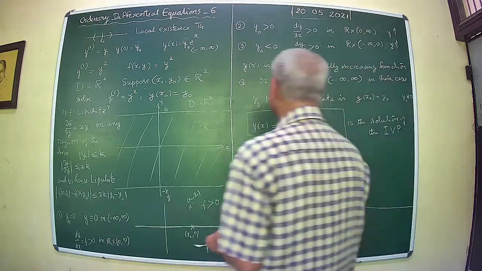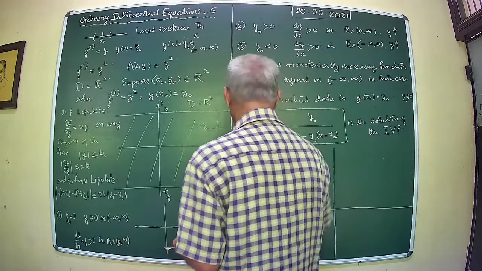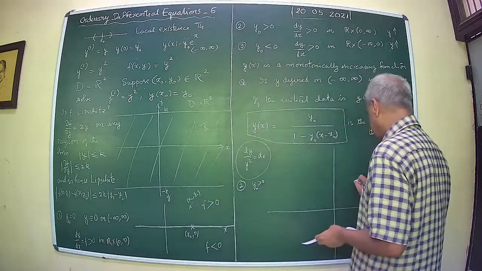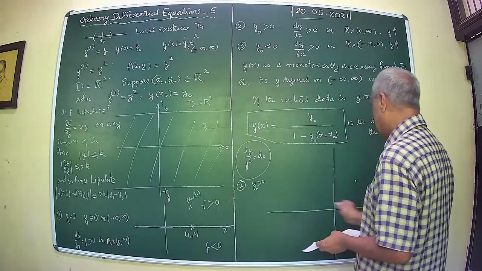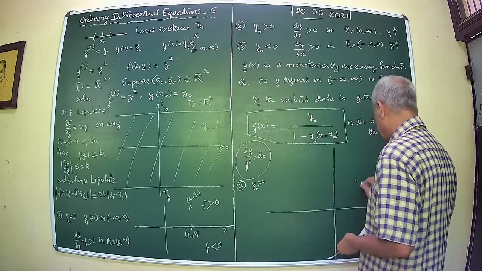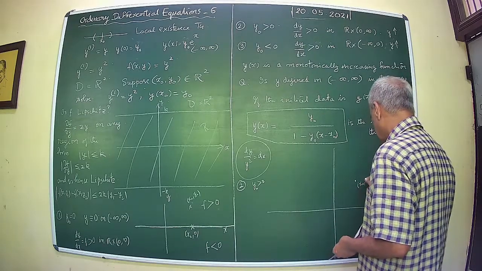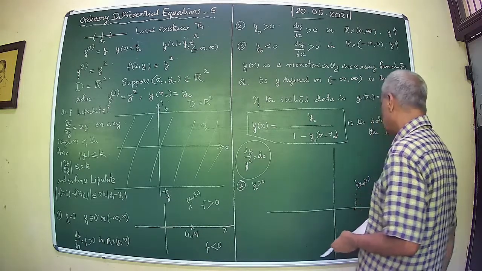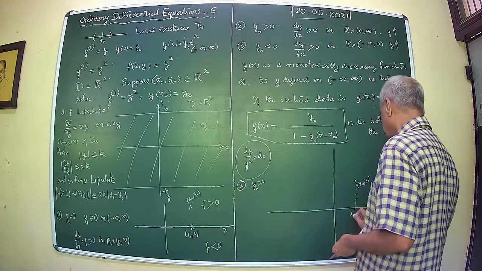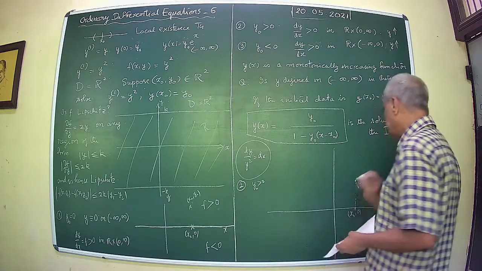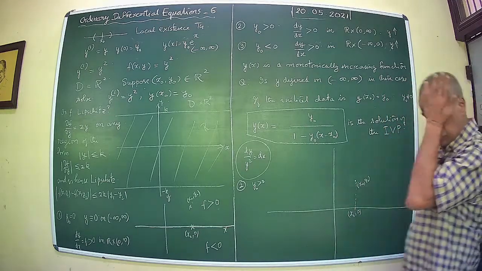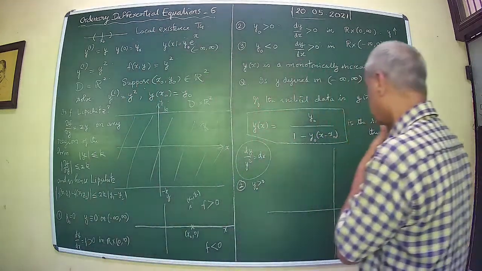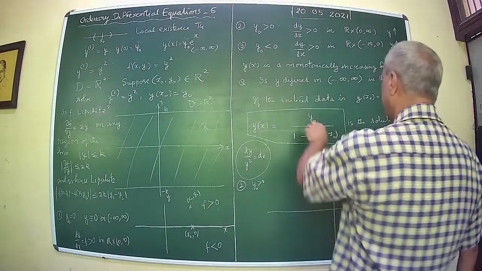Let us take the case 2, where y naught is positive. That means you have taken a point. See, x naught can be anywhere. I mean, it is immaterial. This is the point x naught. This is the initial point. What can you say about y? We are assuming y naught is positive,